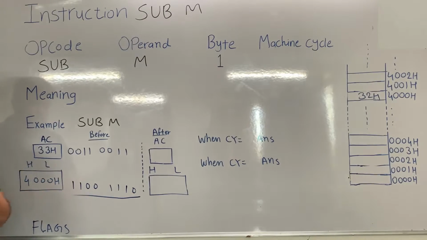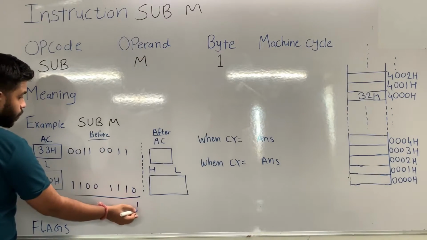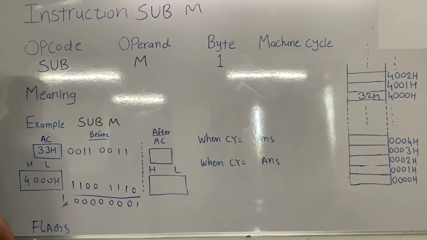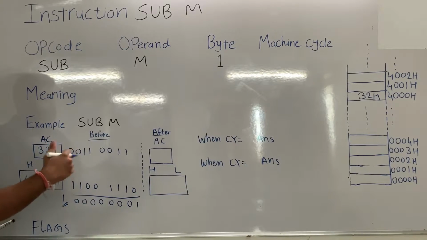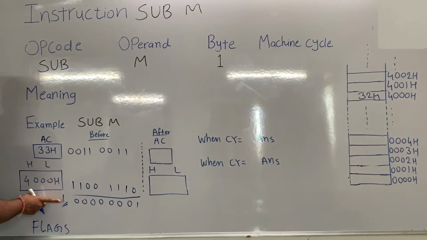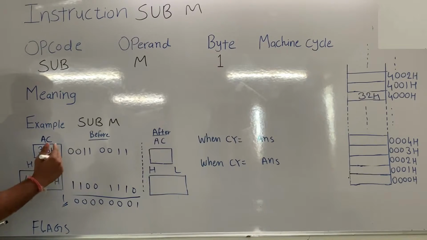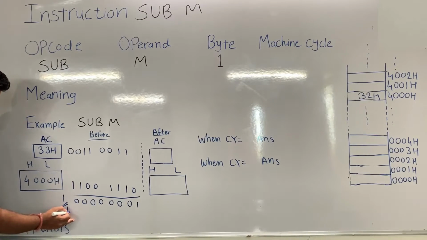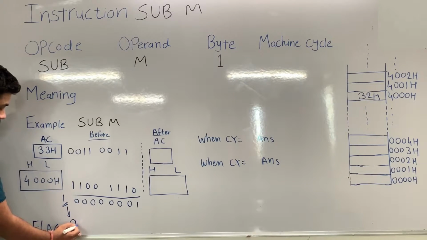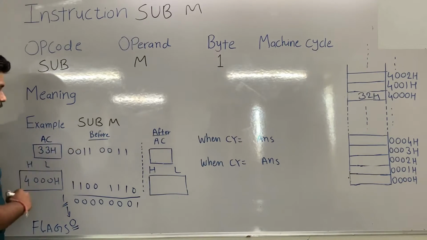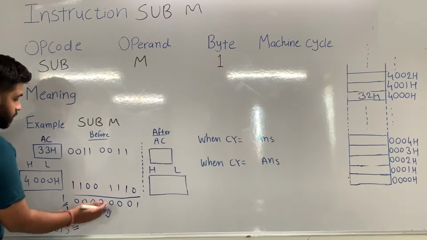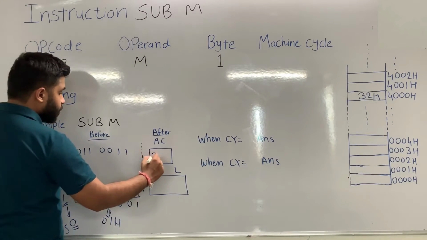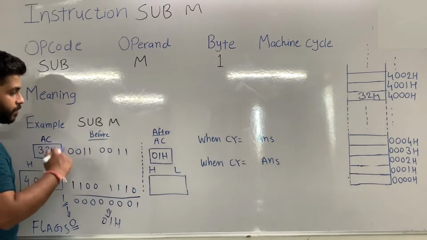After that, the microprocessor will perform the addition. After performing it, whatever carry we get, the microprocessor will complement it. Right now we are getting carry as 1. The microprocessor will complement that carry, and in the answer we will get 0 as carry. And if you convert this number into hexadecimal, you will get 01H. So after the execution, 01H, that is the answer, will be stored in the accumulator.